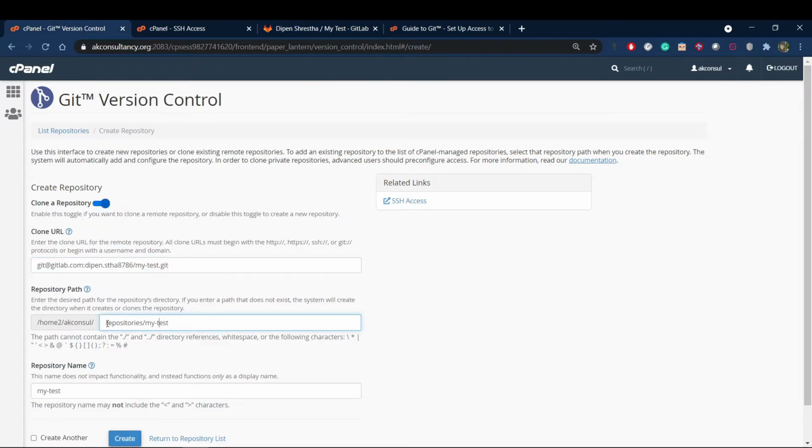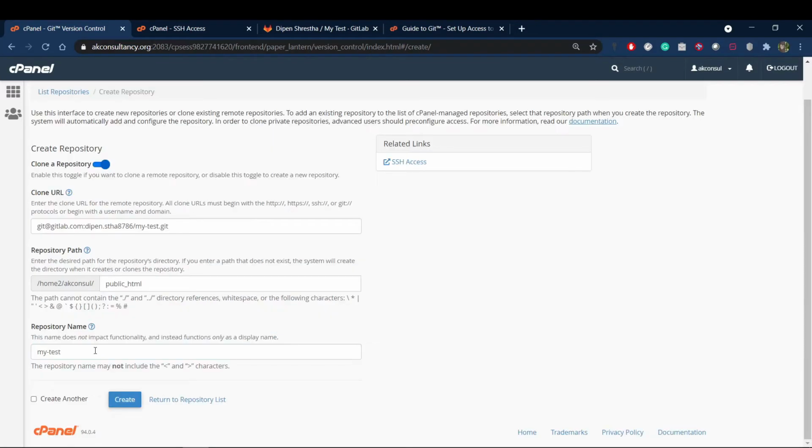Here you can see the default path will be repositories/my test. I'll be providing this path as public_html, and the repository name could be anything. I'll be providing my test as default, and let's create it here.